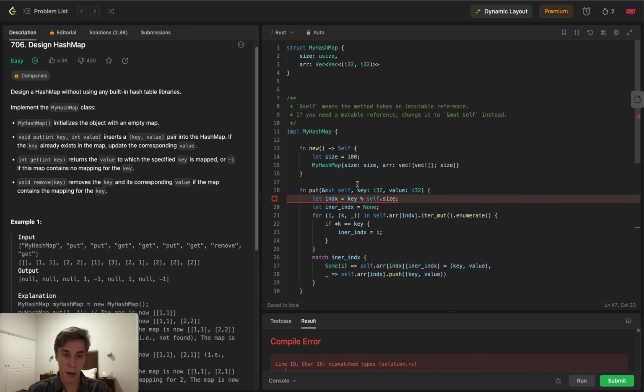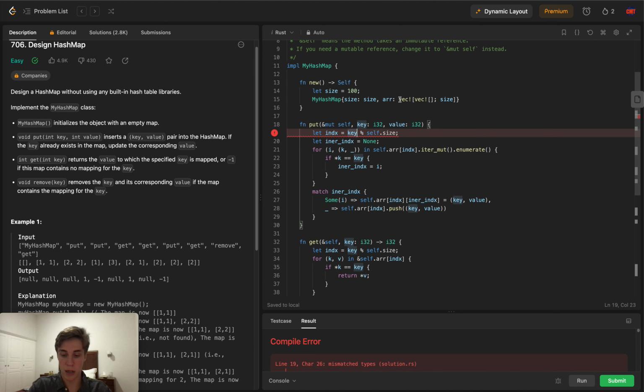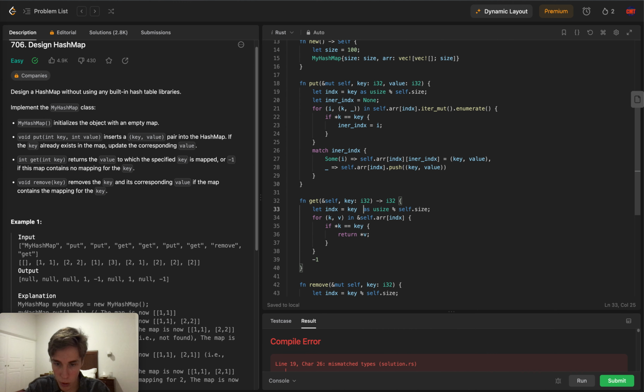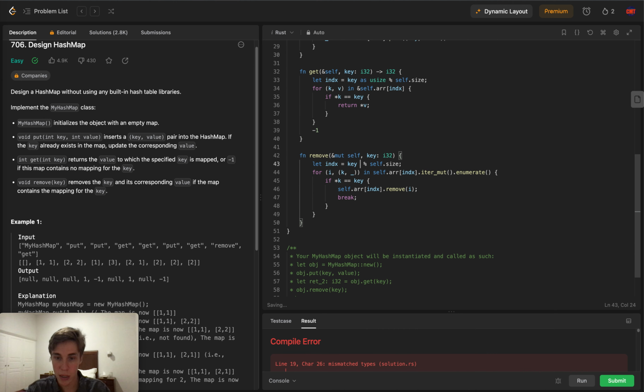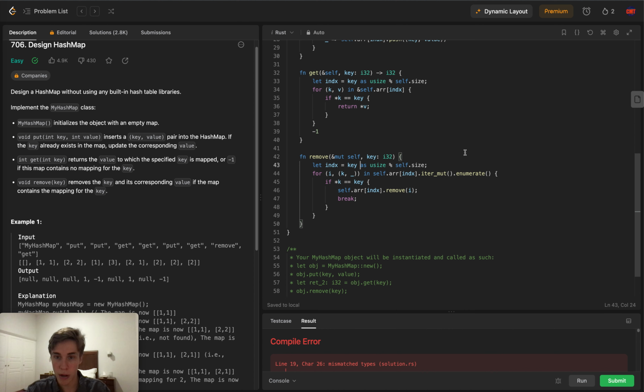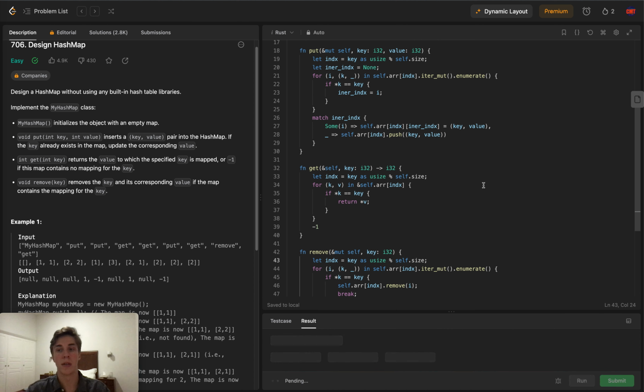Cool. So I might have mistook what the size has to be. No, the size is correct. So self.size is always equal to u32, usize. And yes, I just realized that I would have to cast them here, and I would also have to cast them pretty much everywhere where I'm doing any sort of computation, because in Rust, when you're doing a computation, it has to be on the same value type. And usize is now